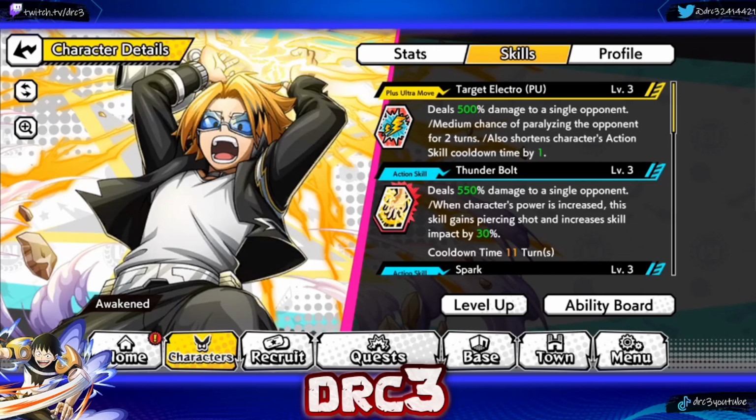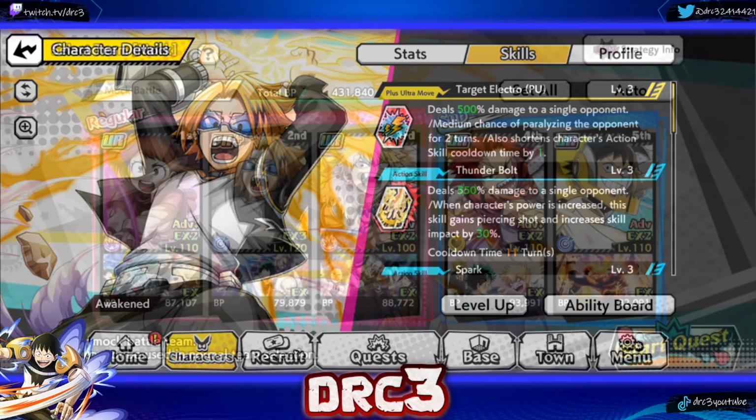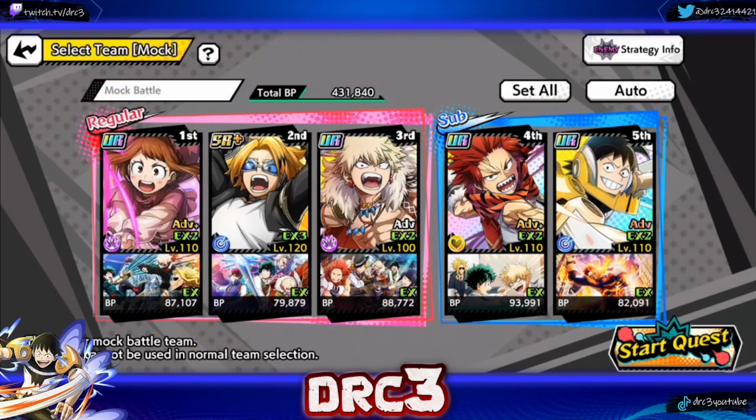But don't just take my word for it. Let me show you. Here is the team we're going to be running on the power stage versus All Might on the 3rd floor. We are running Fantasy Uraraka, Bakugo, and Kaminari. We're just going to have technical hits out the butt because Fantasy Uraraka has technical hits. The SR Kaminari obviously has